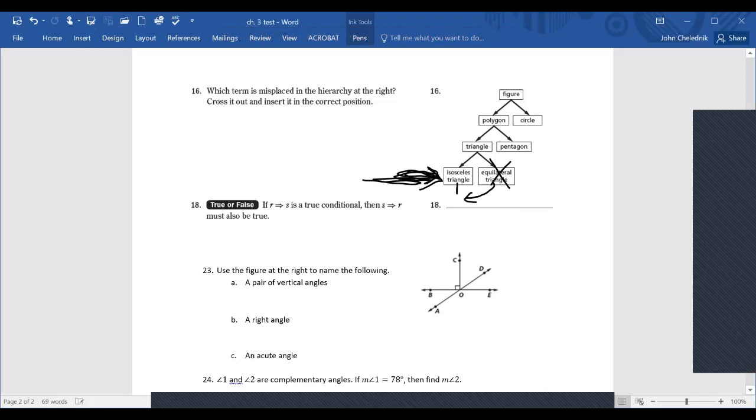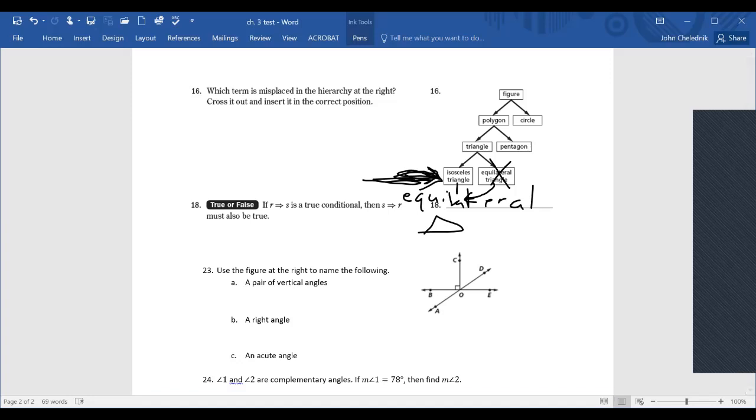That should go down here. Okay, so equilateral triangle should go down there. I did not give you any space to write that. I apologize. Equilateral triangle. Good thing the next one doesn't take long to answer. It says if,